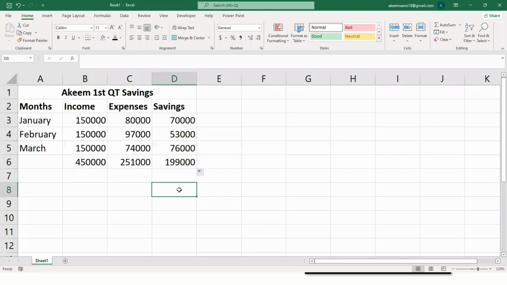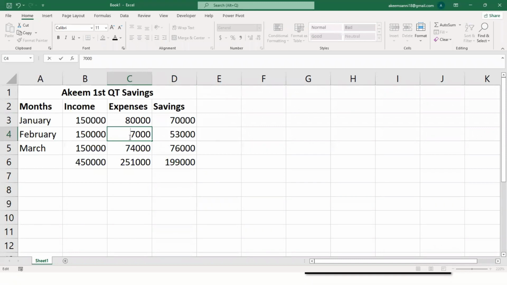But let's say, for the month of February, I spent 170K, maybe because I just got an apartment and everything. I spent beyond the amount that I usually receive. But I made a mistake. I did not put it there. So now I can just come here and change it.